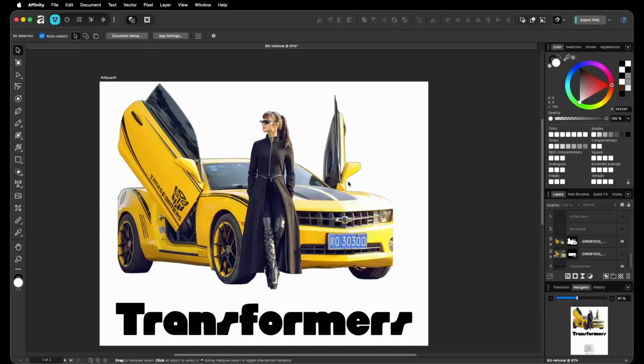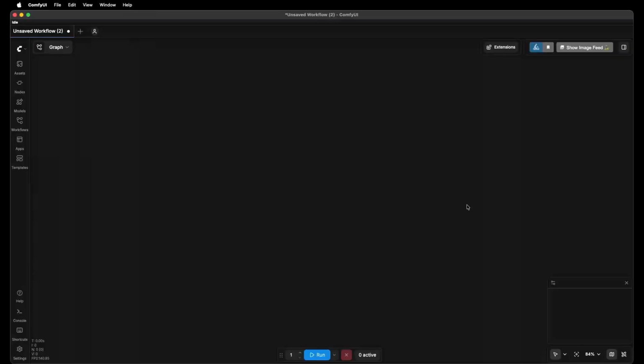And in order to remove the background, you need two tools. You need Comfy UI and Affinity, of course, which is just what I'm using. So this is Comfy UI. You can think of it as a node-based AI workflow tool. And this isn't a tutorial on how to download Comfy UI or install it. I'll leave a link in the description to the GitHub page,